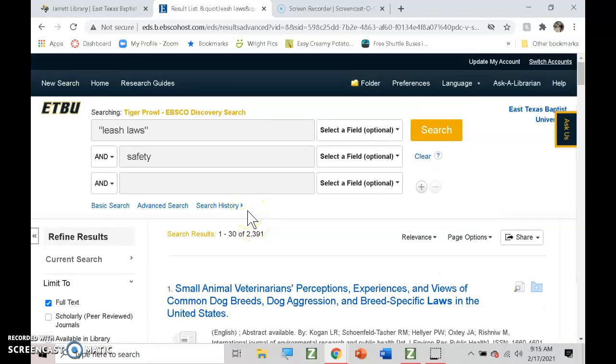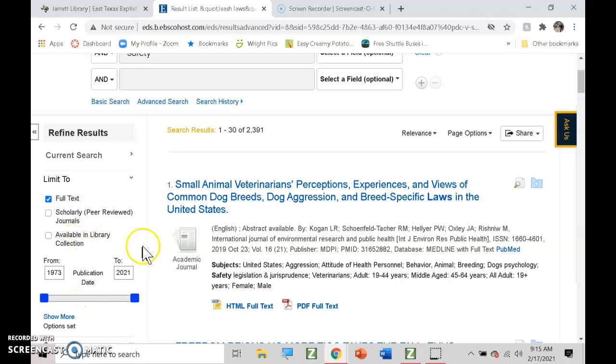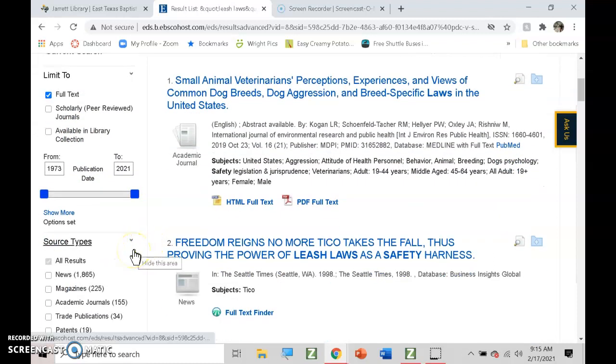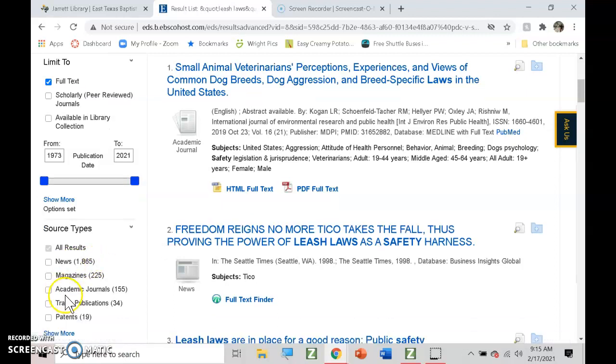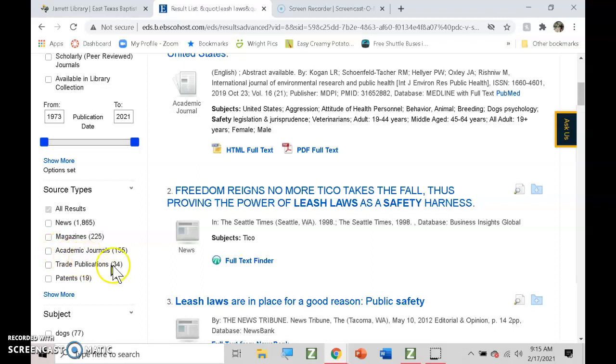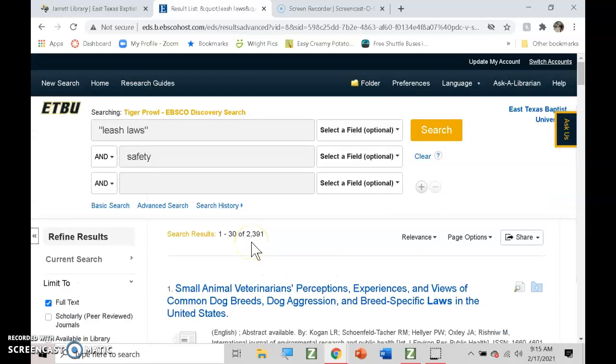So you will need to search for maybe ebooks, maybe academic, peer-reviewed. It's over here on the left side. Academic journals, and try to find some articles. Okay, that is the plan. I want you to spend class time today searching your topic, not leash laws. Don't do my topic. Your topic,